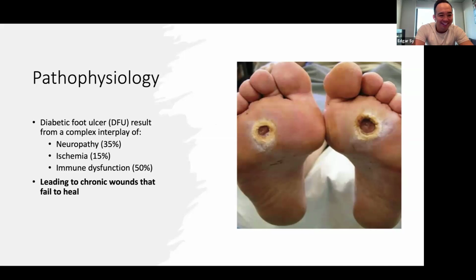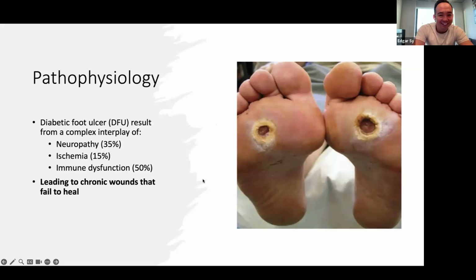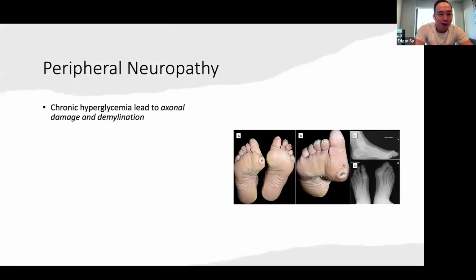Sorry about that. Leading to chronic wounds that fail to heal. So we'll talk about neuropathy right now. From a histological point, neuropathy is axonal damage, right? And demyelination, right? So nowadays, with people in early stage peripheral neuropathy and conservative management, funny enough, there's been emerging literature as it pertains to vitamin B, and it's kind of like applying WD-40